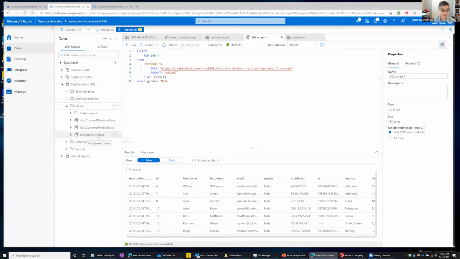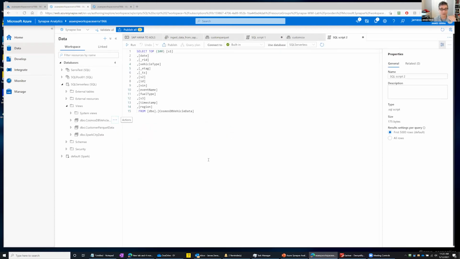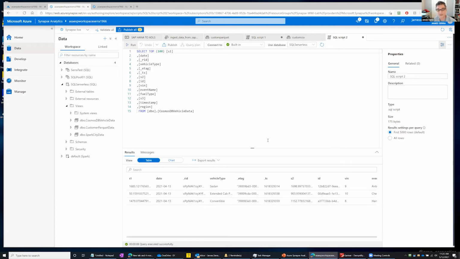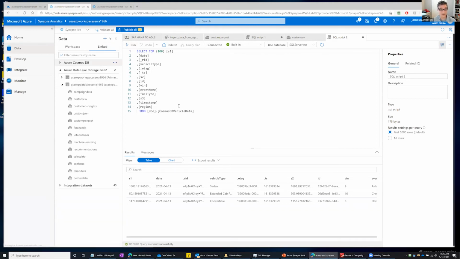And you can see I even have a view for Cosmos. So if I run this view that is simply a query into Cosmos DB, it appears to the end user, they think they're querying maybe a relational database on there. They have no idea this is actually going out to Cosmos DB. And so in just a few seconds, I'm now querying Cosmos DB with regular T-SQL. Okay, so there's lots of options for this. I just touched on a few of them.